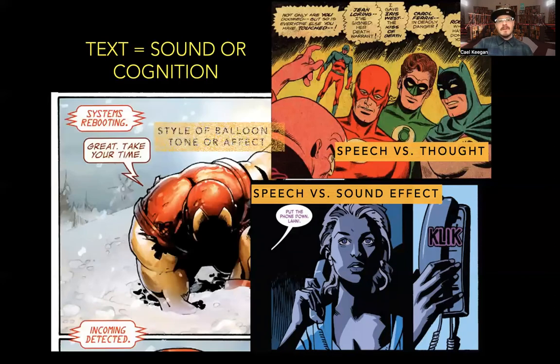And then we also have things like balloon style and tonal or affective communication. So here we have systems rebooting. We see this little electrical, maybe robotic look of a panel of a bubble communicating. Maybe it's a headset. I think it's Iron Man, so this is probably inside Jarvis. It's like Jarvis talking to him inside his helmet. And so it's a speaker doing something, and that little bubble looks a little bit like a speaker, versus Iron Man's actual speech, which is connected to him.